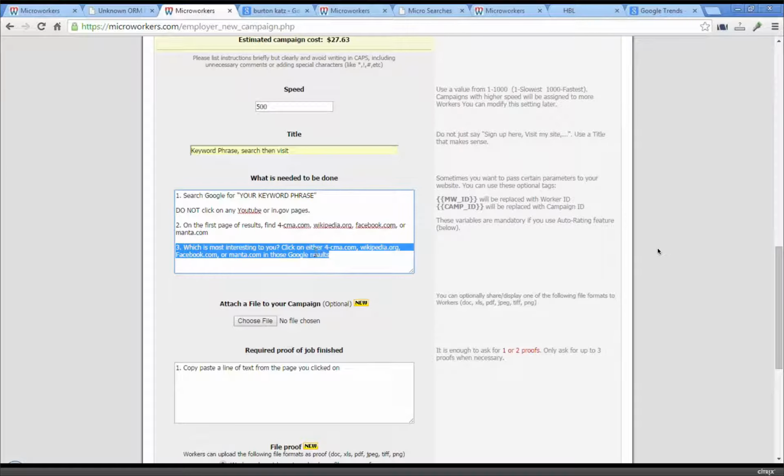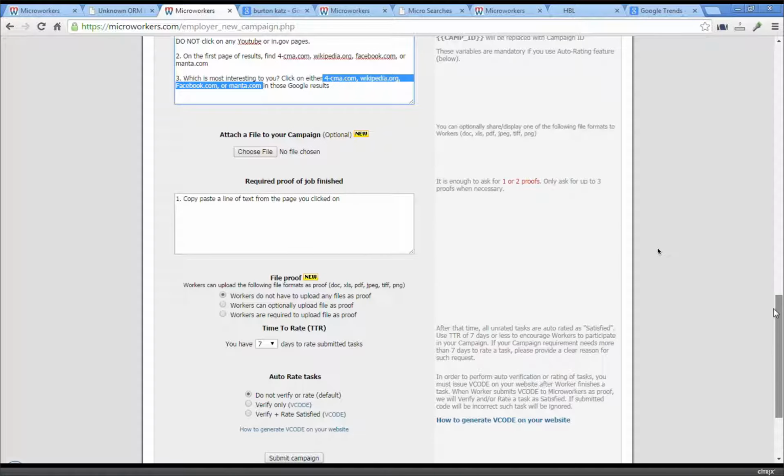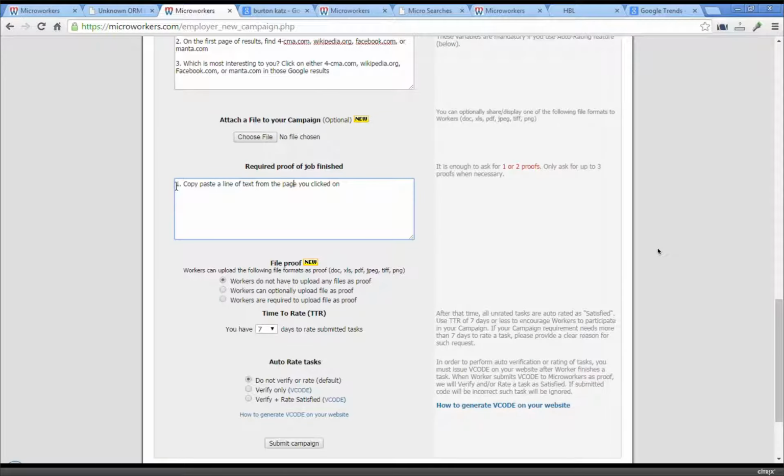But that way, the users are searching and they're clicking only on these specific 4 domain names in the search results. And those are the ones that I want to bump up. And then what I ask for, I'm going to give you some examples of some more complex requirements of proof that people use, but what I ask for is